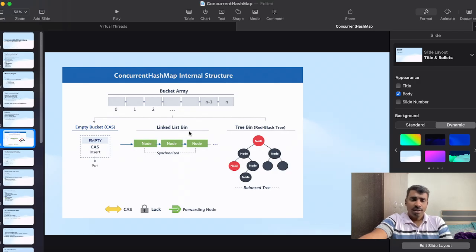Then we will create a linked list. Then it will resize. Then it will convert into a red black tree. If it reduces, it will again untreeify and create a linked list again. So this is the ConcurrentHashMap working in short.